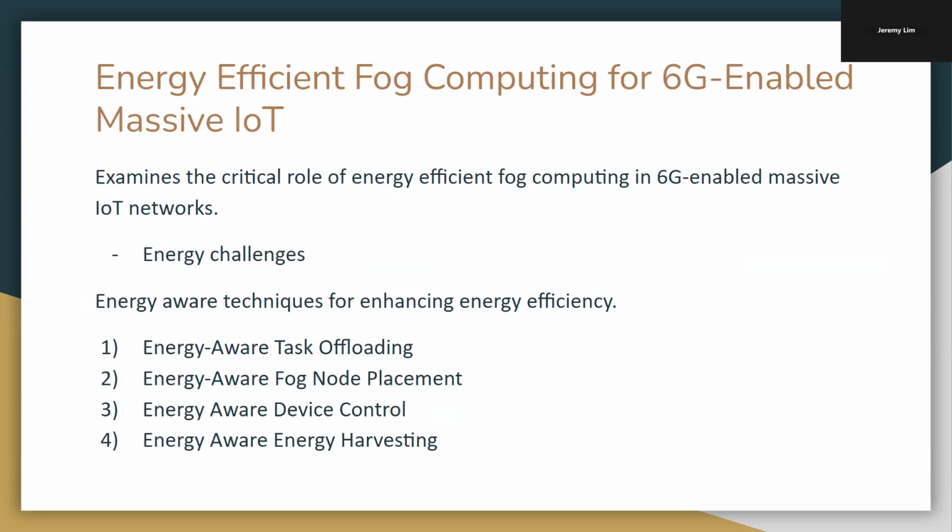Moving on to energy efficiency, this paper on energy-efficient fog computing for 6G-enabled massive IoT examines the critical role of energy-efficient fog computing in 6G-enabled massive IoT networks and highlights the need for innovative solutions to address the increasing energy demands of future networks. The paper provides a comprehensive overview of the enabling technologies of 6G networks, discussing how they